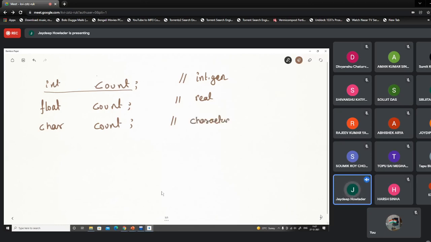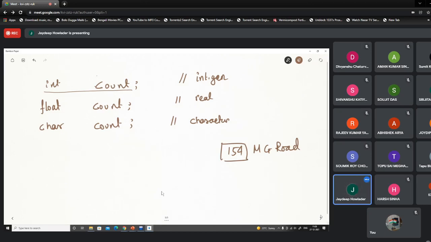Like in my address, I am writing, say, 154 Rajendra Mohan Road, say 154 Mahatma Gandhi Road. What does this 154 mean? 154 is not a number here.